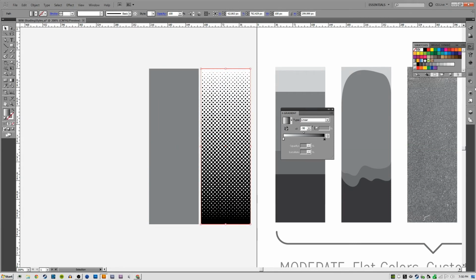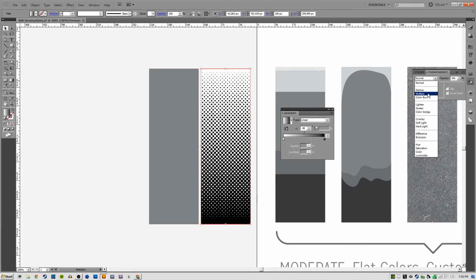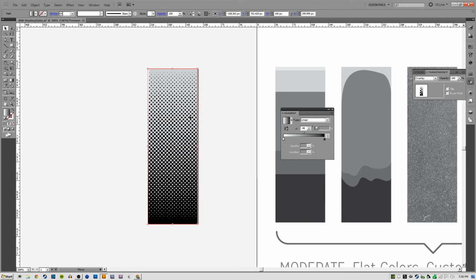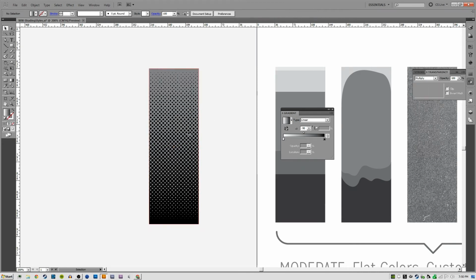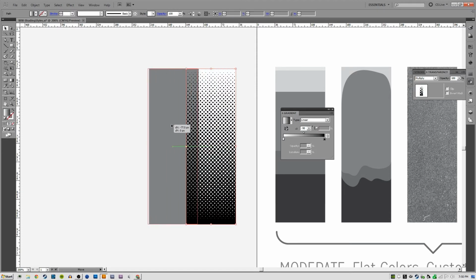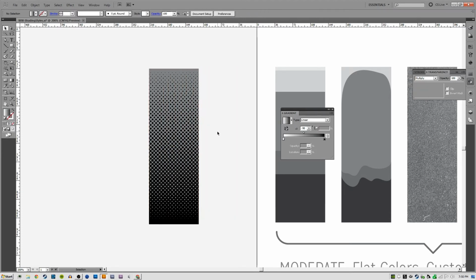First things first, you could do what we just did and put that into a blending mode like multiply or overlay, okay? And then you could put that over top of an object. All right, that's an option, right? So multiply will work there over top of that gray. And maybe that's a result you were after, but in the event of you not being able to change the color, or you maybe want to be able to change the color, what you can do is you can go